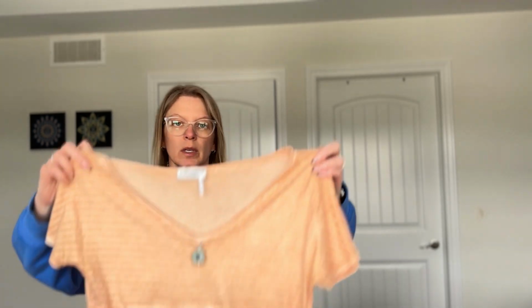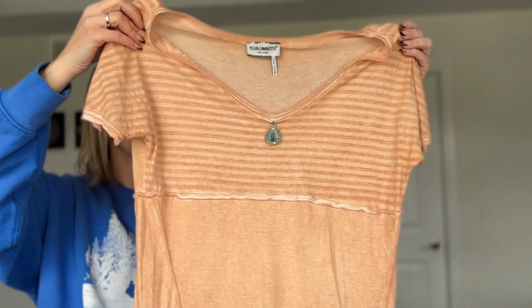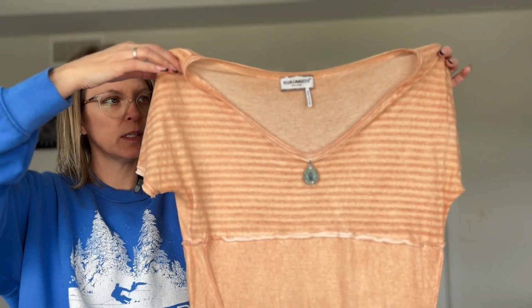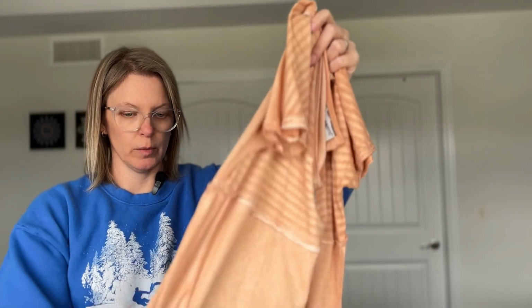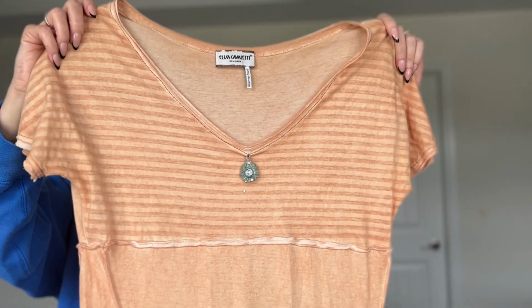All right, so the designer is Elsa Cavalletti. And here is the number one shirt that I found. The material is really thin, and all of the material tags were off on every single item I found. Again, I will do some more research, but this is just a V-neck, kind of peachy color t-shirt,